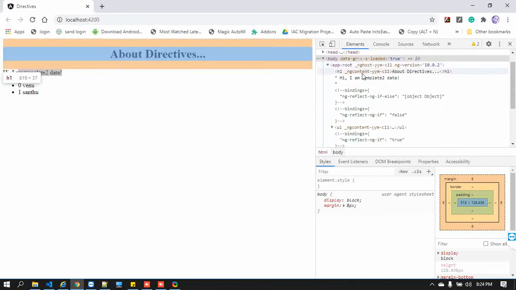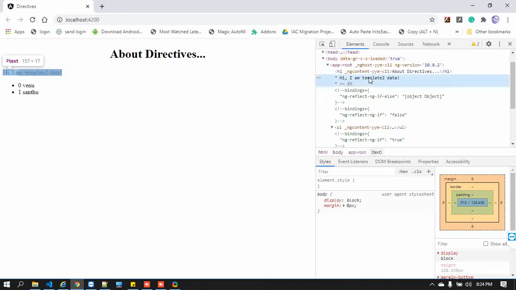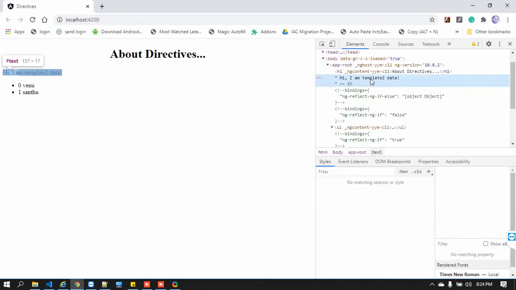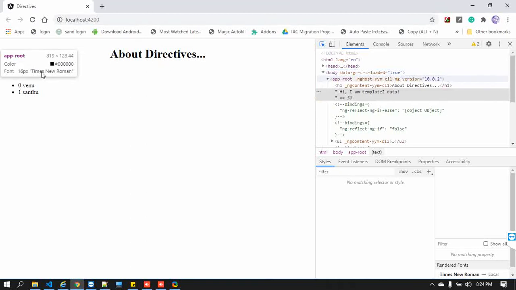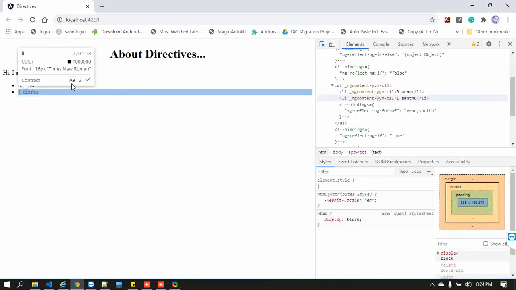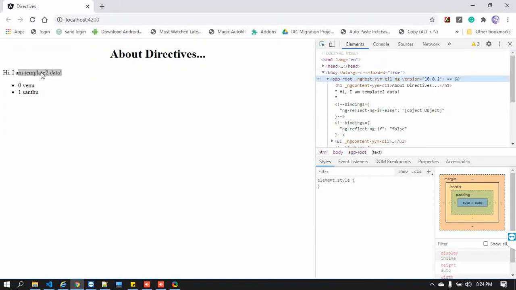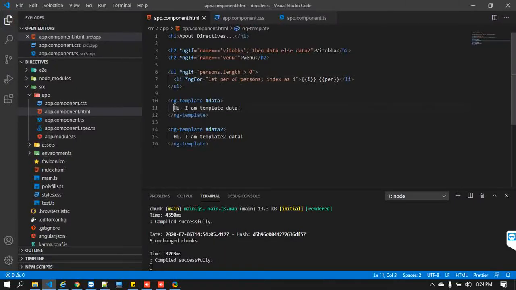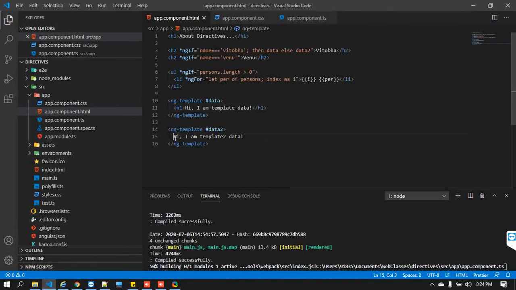So here if you look at it, "Hi, I'm template" is being displayed. That is very important, guys. Here, I'm just extracting that. If you look at here, this is just displayed as it is, text. So here you can use anything. Let's say, for example, you can use h1. Between that you can put it, that's not a problem. Whatever you use inside this, those will be displayed based on your respective condition.